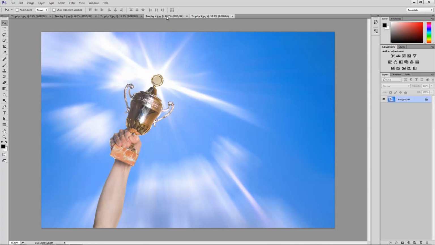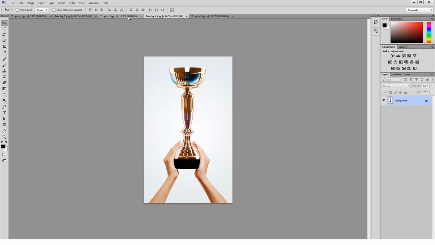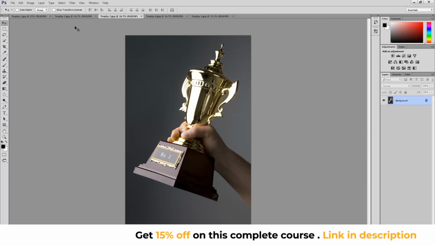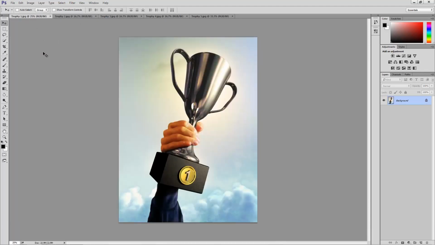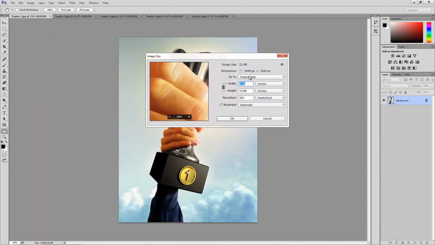In this tutorial, I want to save all my trophies, or images, in Photoshop. But as you may have noticed, they are all completely different sizes. That's okay with me. I don't mind them having different dimensions, but I don't want them to exceed a certain width and height. Which means that in order to save these, I would have to go up to Image, Image Size, then define my new width and height,